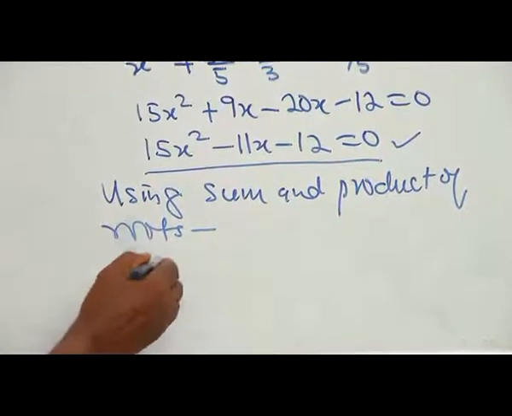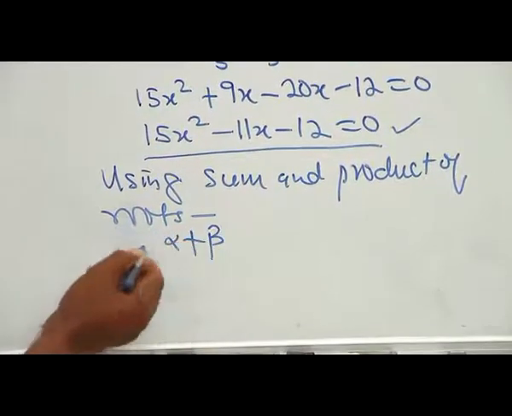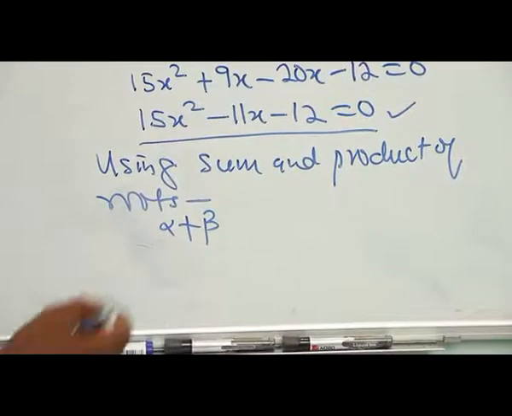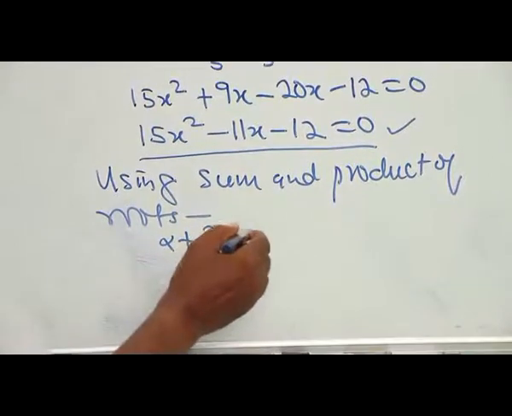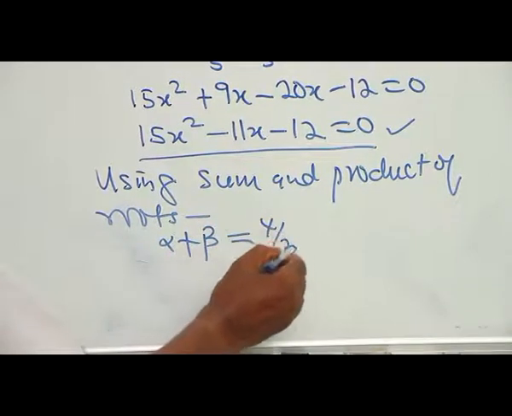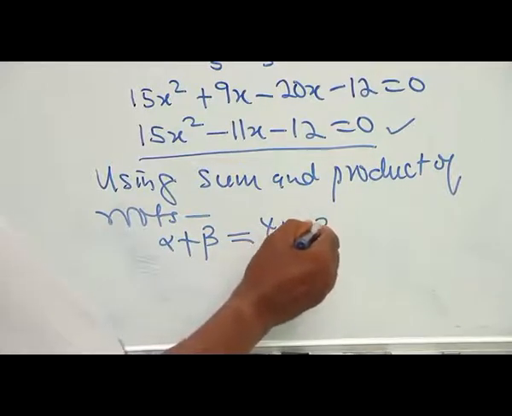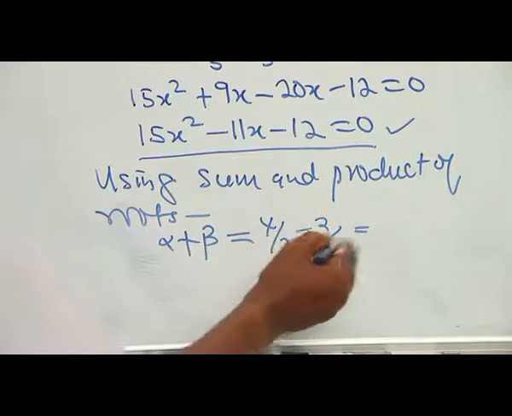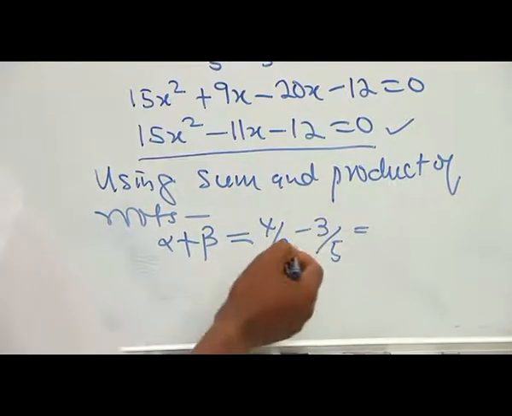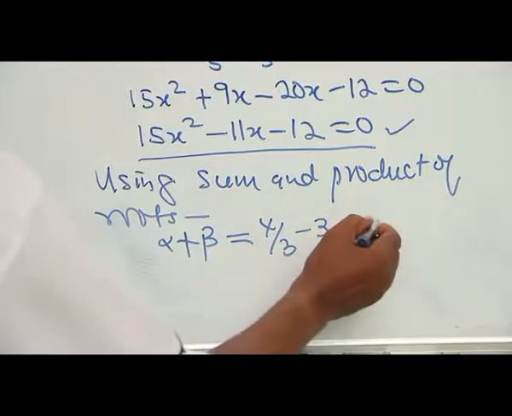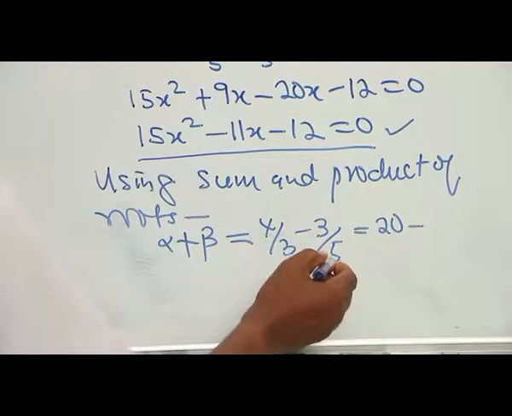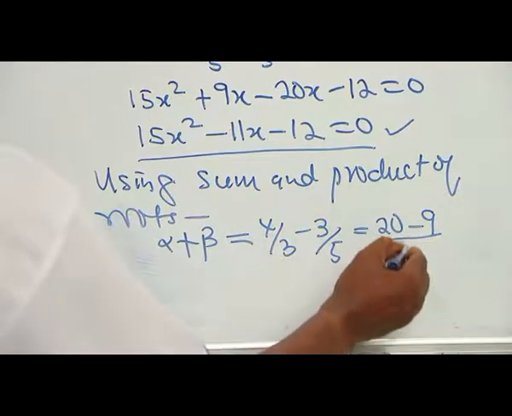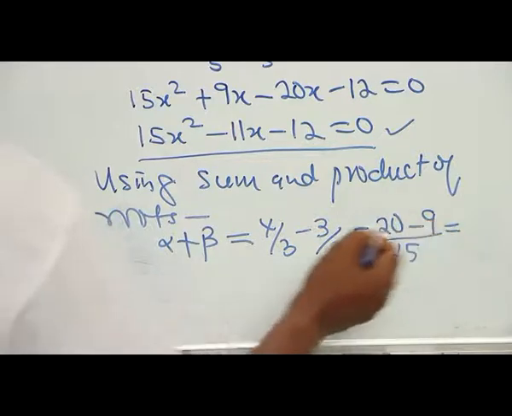Our sum of roots is usually alpha plus beta, where alpha and beta are the roots of a quadratic equation. So the sum of the roots here will give you 4 over 3 plus minus 3 over 5. The LCM here is 15. So we now have 20 minus 5 into 15 is 3, and that is minus 9, and everything here all over 15. The result of this one will be equal to